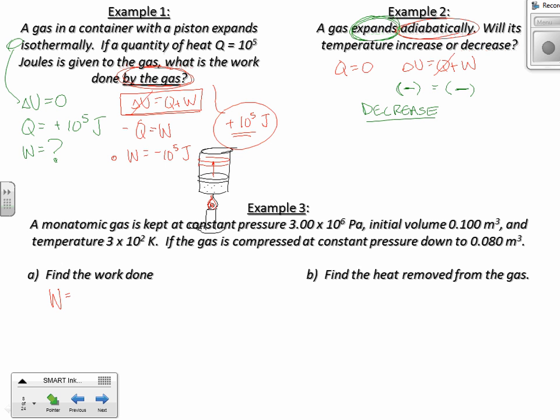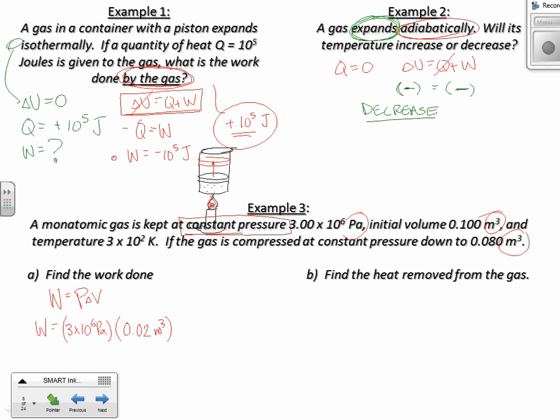So the other way to find work done, especially when you see constant pressure, is P delta V. I know we haven't talked about that yet today, but we talked about it last time. So there's P delta V for work. We've got to make sure that we're in cubic meters. We are. We're in pascals. That's good. So work is going to be 3 times 10 to the 6th pascals, and the change in volume is from 0.1 to 0.08. So that's 0.02